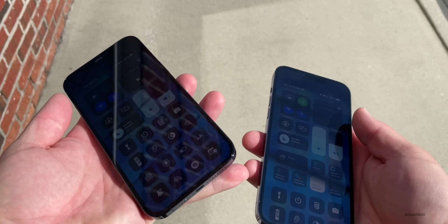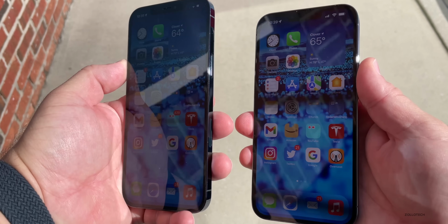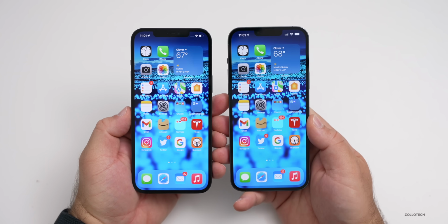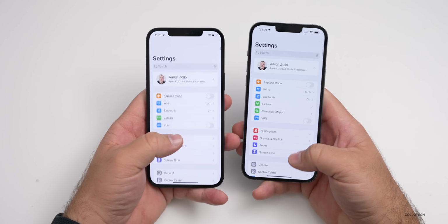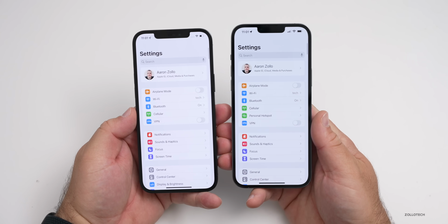So it does help outdoors a little bit. So 1,000 nits normal brightness and the same 1,200 nits peak brightness when playing HDR content. The big change this year is 120 Hz ProMotion. So if you go into settings and maybe just scroll, this shows you the smoothness, but on this camera, it's